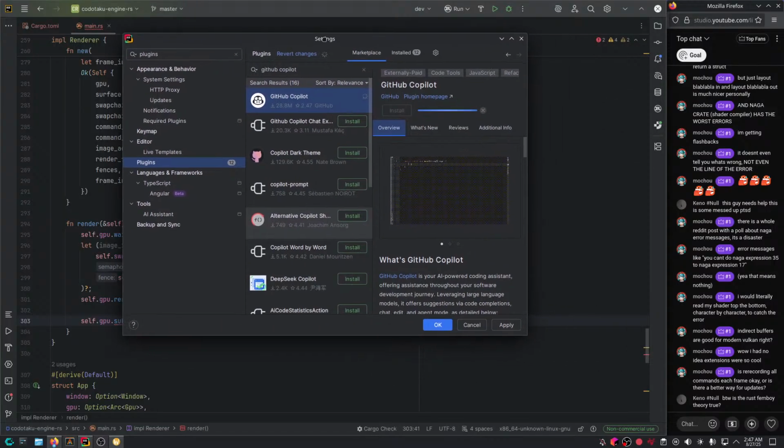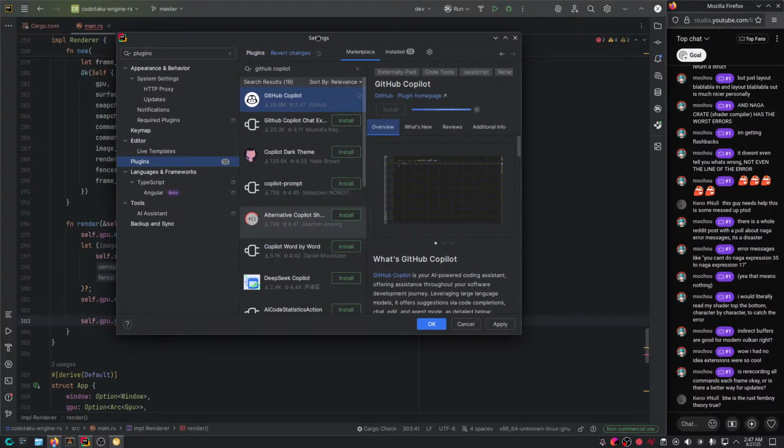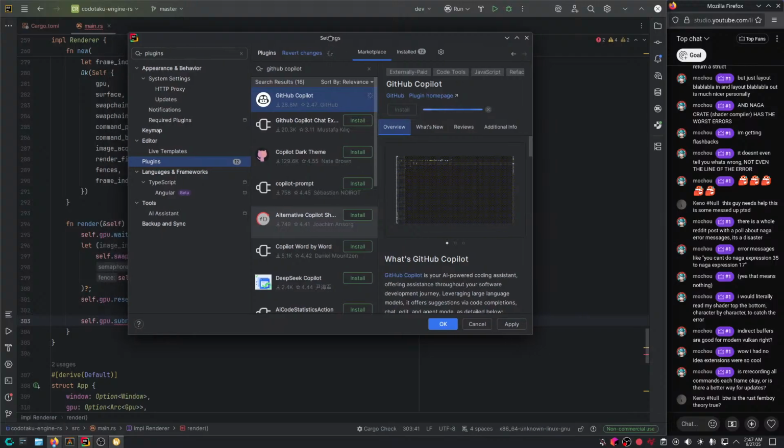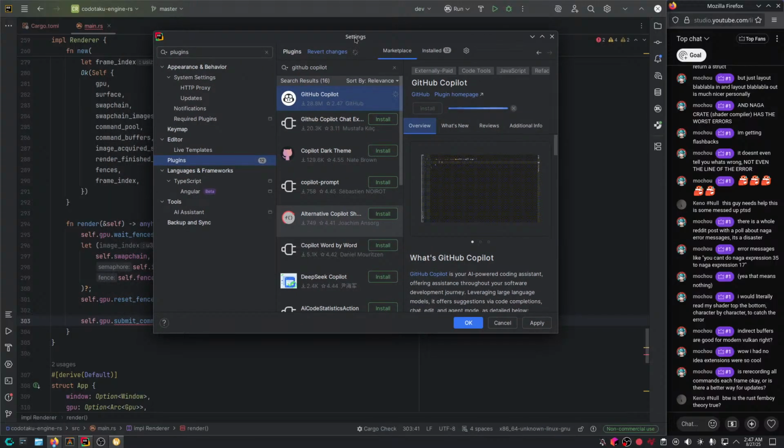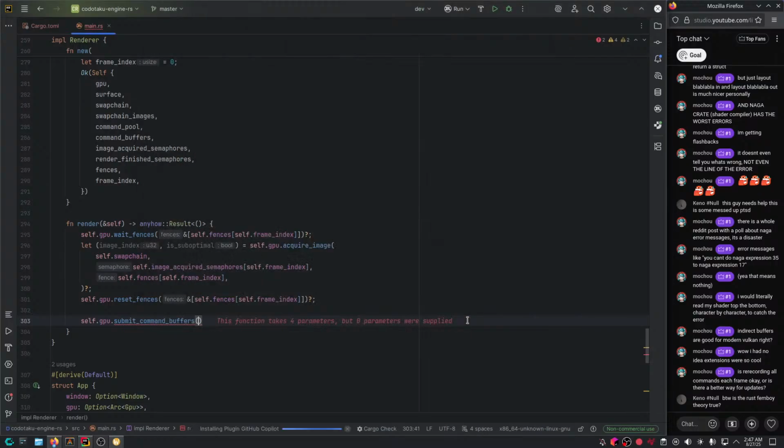The default AI of JetBrains is so basic. All right. Come on. Well, anyways, let's just do it ourselves for now.